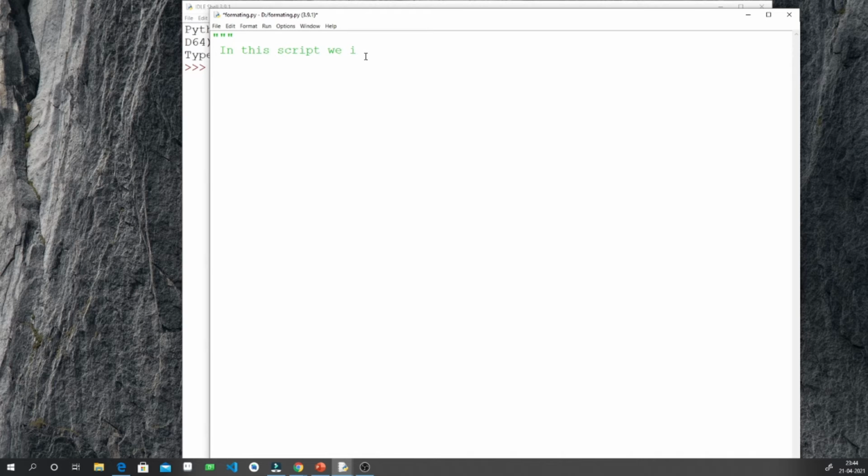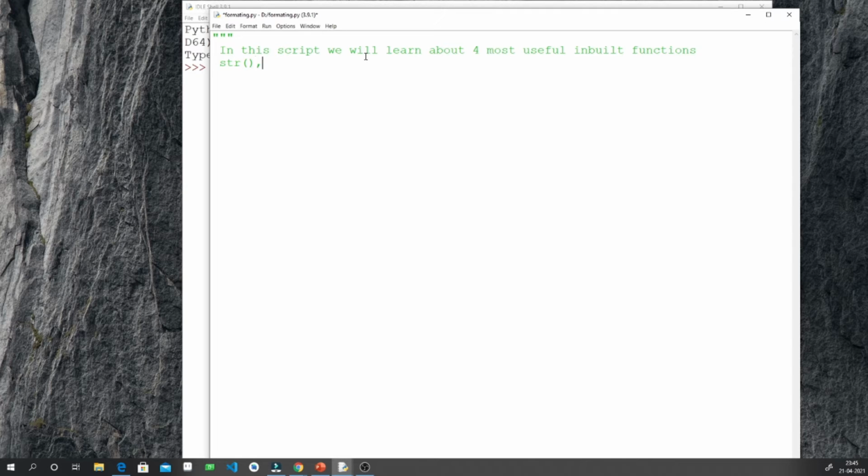So in this script we will learn about four most useful inbuilt functions. So the functions that we are going to learn about, let's give the names also.